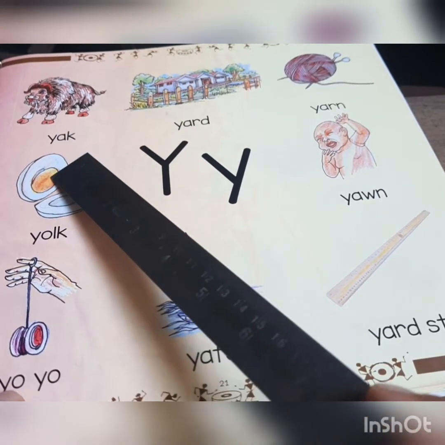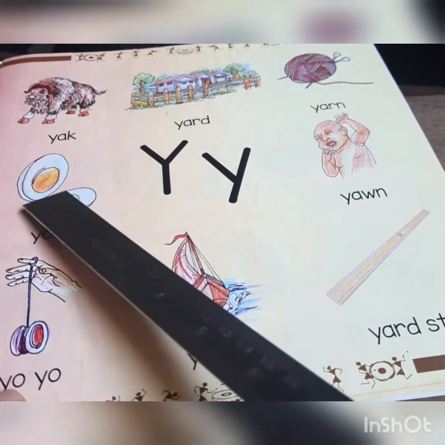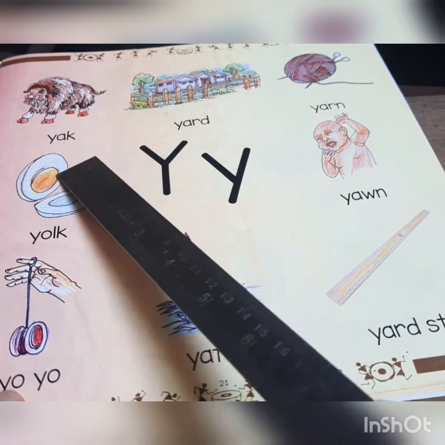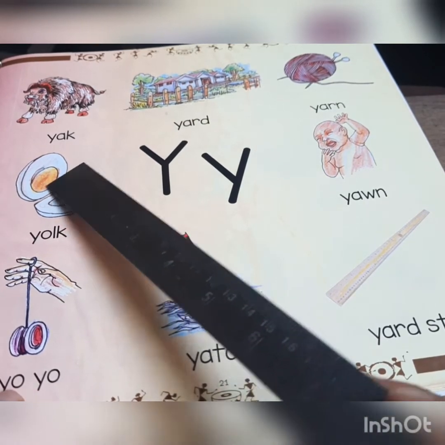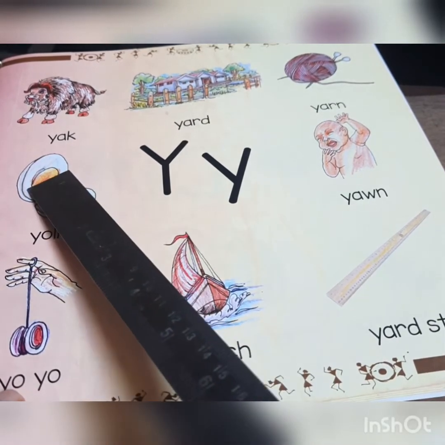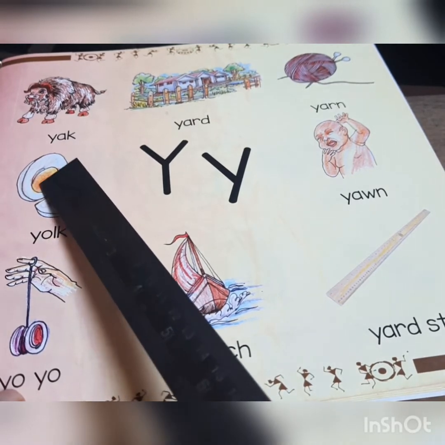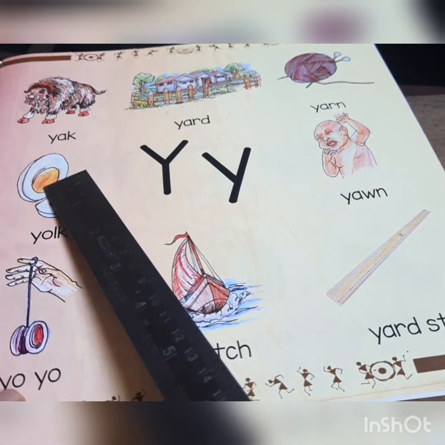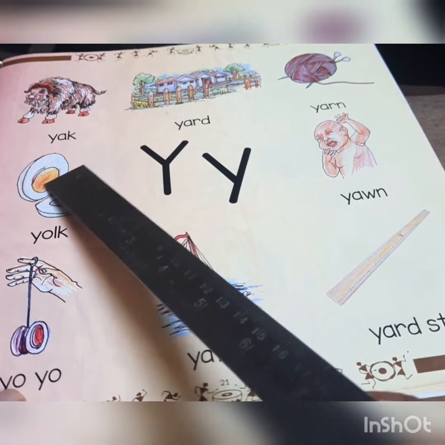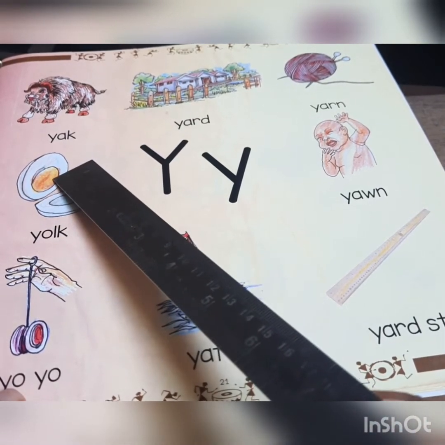Inside it will be yellow color, and the outside of it will be covered with white color, which is very rich in protein and fat. So you should have egg along with this yolk, that is the yellow part.